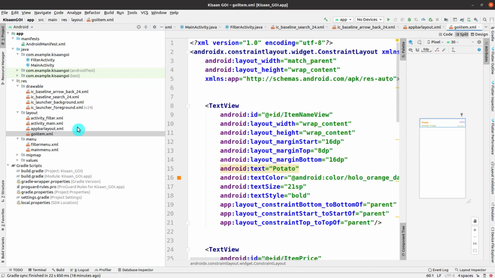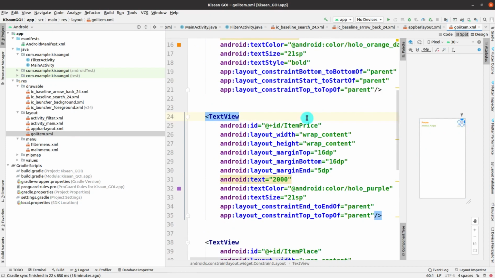So you can see these things. I'm not going to use the Android color library, I just have to use the hex colors there. Here I also have to give some rupees. So correct that also.